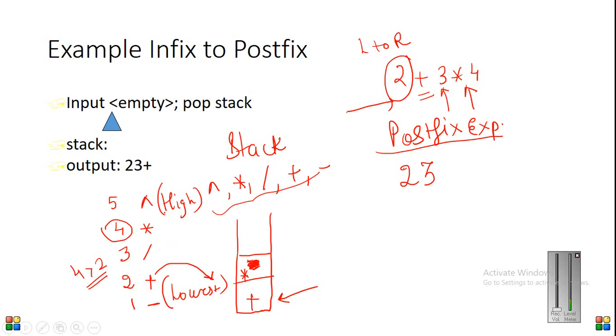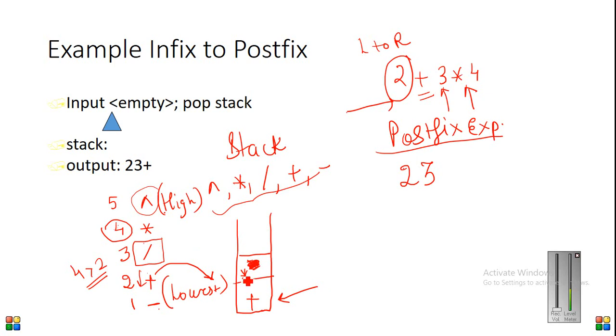That we will see in another example. As of now, remember that asterisk can sit over any of these because it has a higher priority: 4 is greater than 3, 4 is greater than 2, 4 is greater than 1. But asterisk cannot sit in a stack having this as a top element. This may be a bit unclear, but we will see 2-3 examples and it will get clear. The rule is that an operator can only be placed if the stack top right now has an element lower than it. Not even equal, it has to be lower.